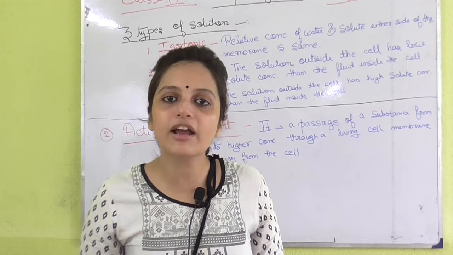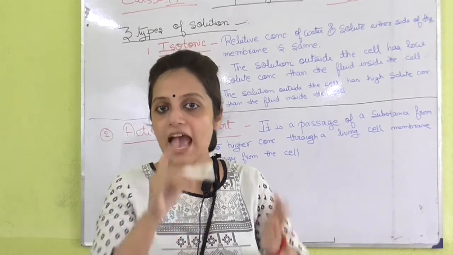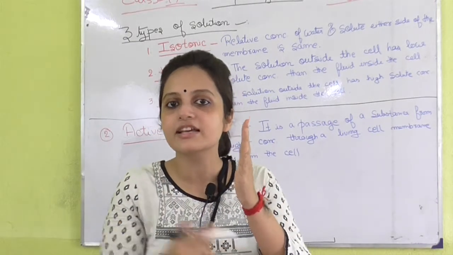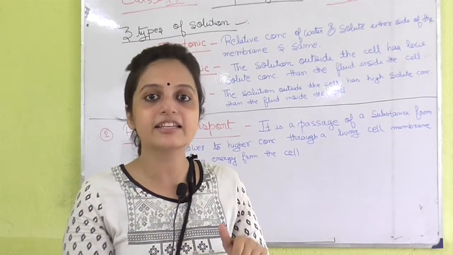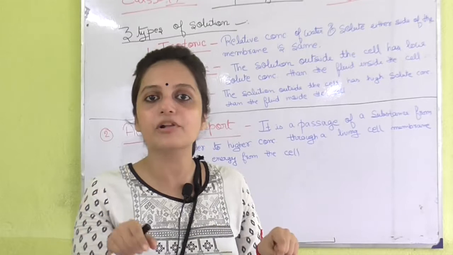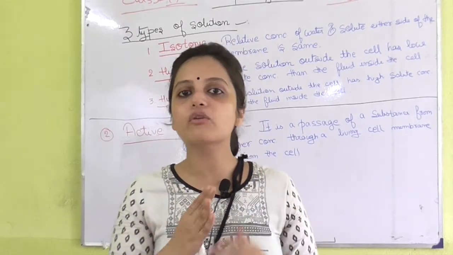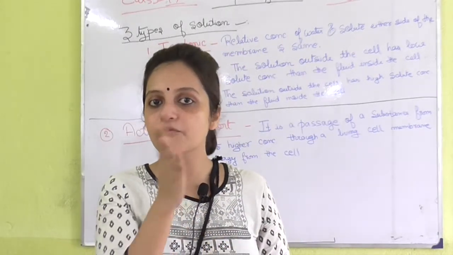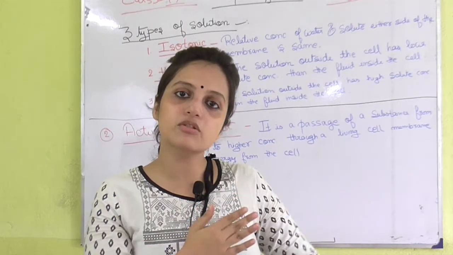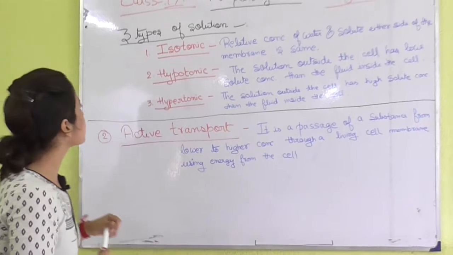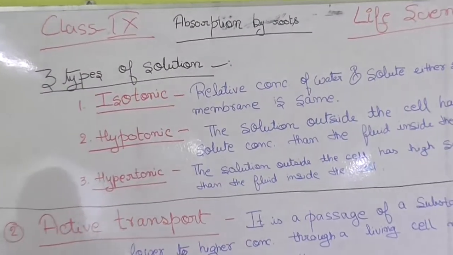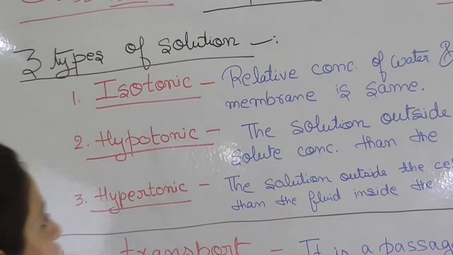Why have the raisins swelled? Because of endoosmosis and the semi-permeable membrane of the raisins. The water is coming inside and swelling them up. That is endoosmosis, and this is an example of endoosmosis. So if you are asked to give examples of both types of osmosis, you may give these two examples. Next, we are going to discuss the three types of solution.